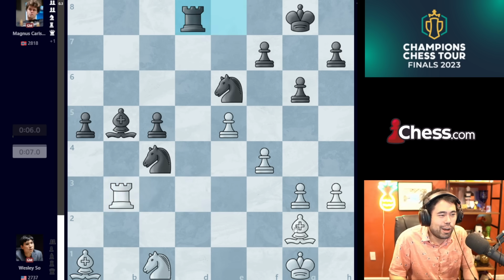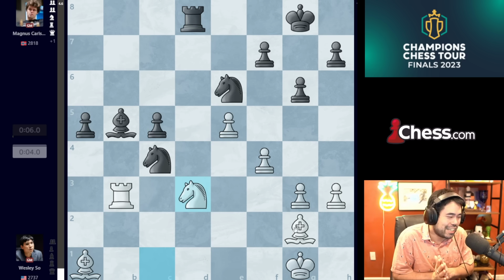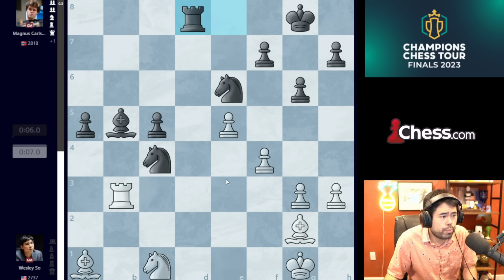The next move is we get rook to d8, and now Wesley makes a serious mistake, as I should say, with this move knight d3. Now, to be fair to both players, they are very low on time, so I can't be critical, but if Wesley had played